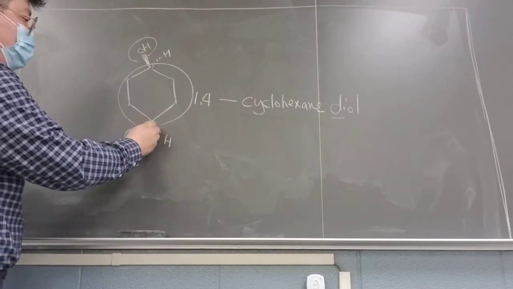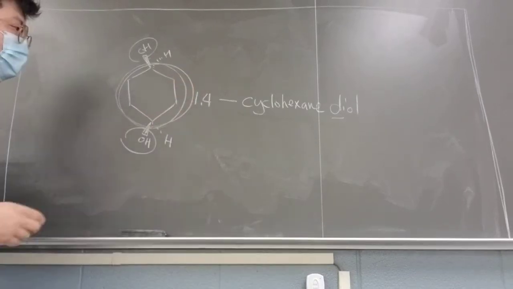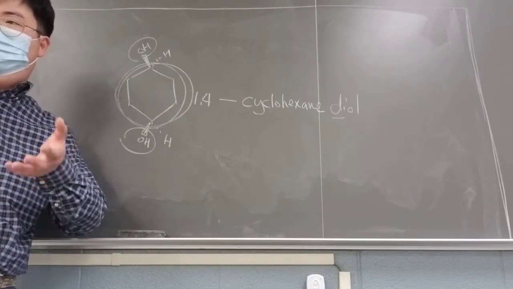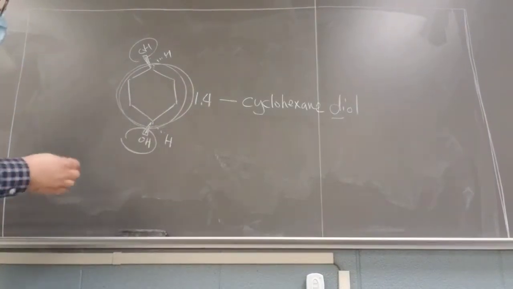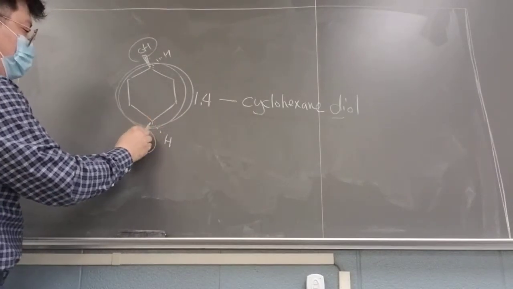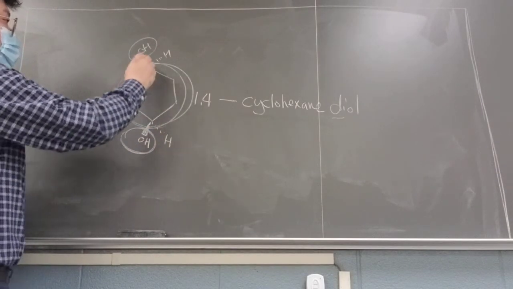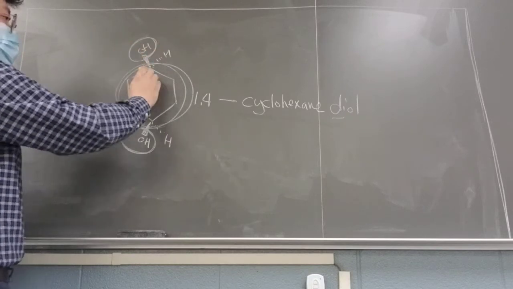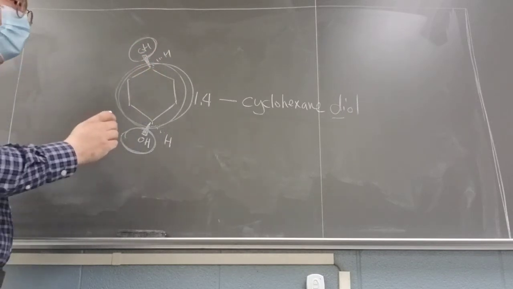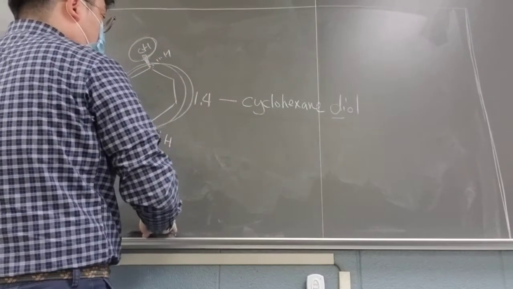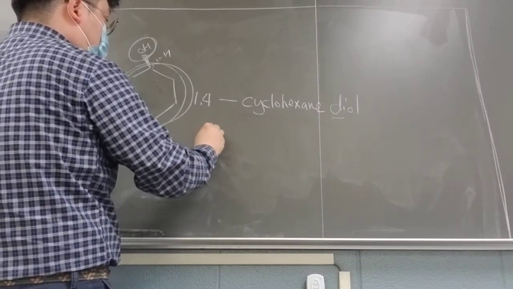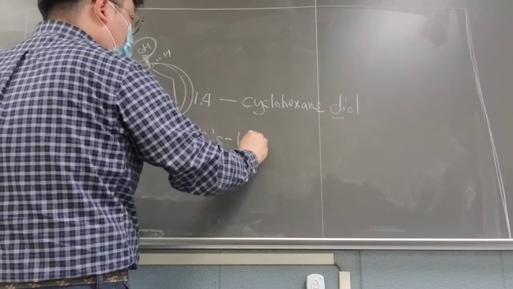This is a ring structure, so you cannot rotate on a certain side. So in that way, make sure the hydroxy groups are heading in the same side based on the ring structure. So that is going to be cis 1,4